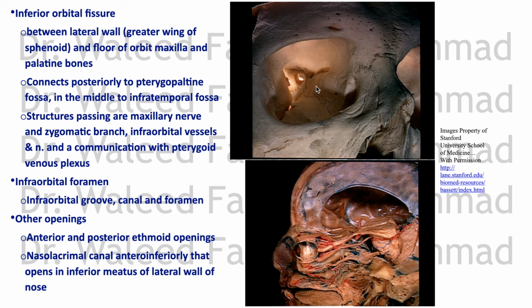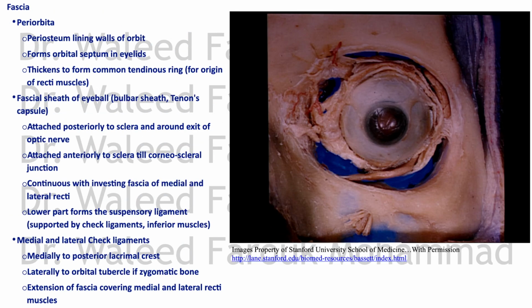Other openings are the anterior and posterior ethmoidal foramina, and the nasolacrimal duct that starts in the floor of the lacrimal fossa and goes through the lateral wall of the nose, and opens in the inferior meatus in the lateral wall of the nose. And this is all about the fissures and foramina of the orbit. Every one is unique, and it is easy to study and remember. Now,